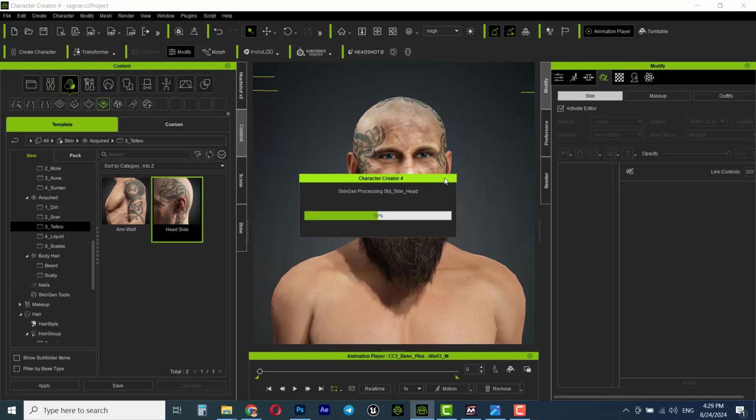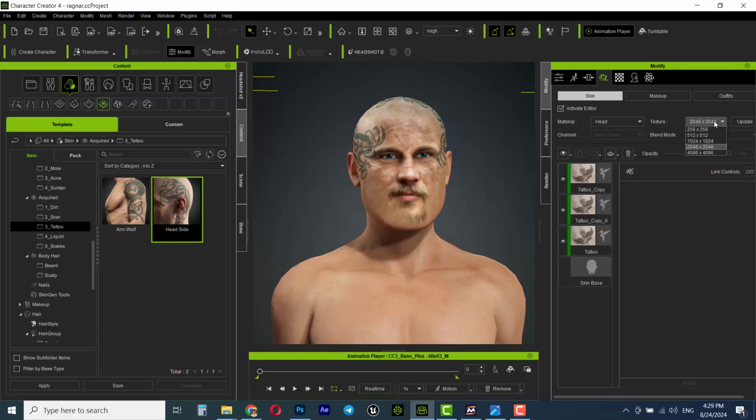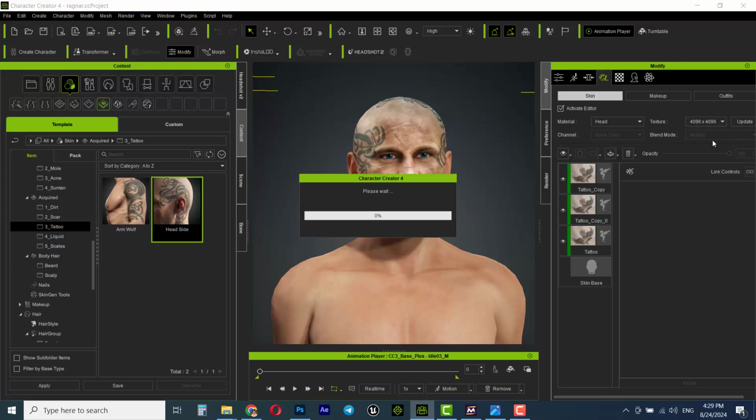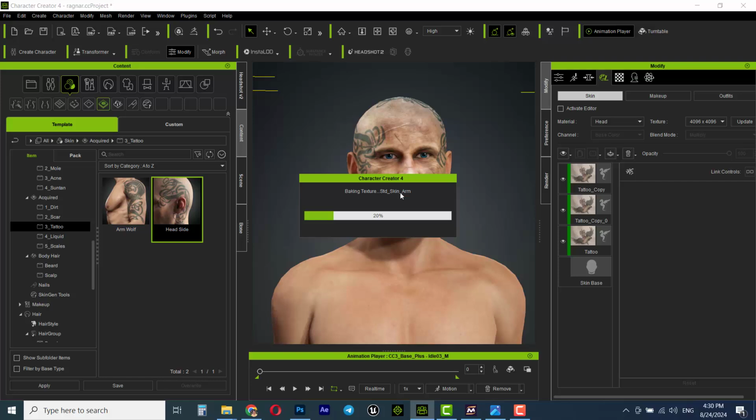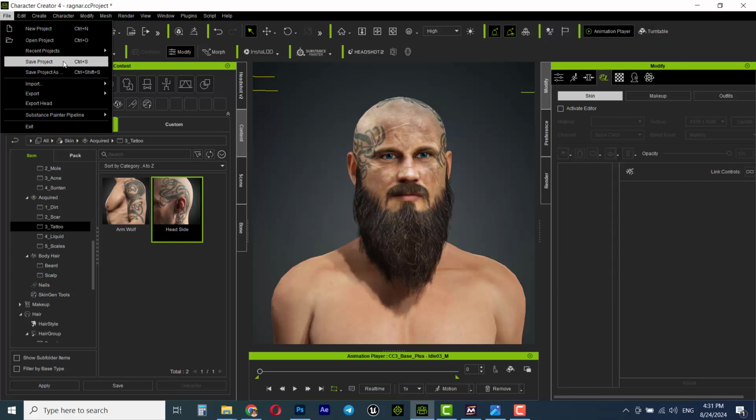Activate this button, and from the texture just select 4K, 4096 by 4096, and click on Update button. Now our head texture is 4K. Deactivate this button, save your project again,